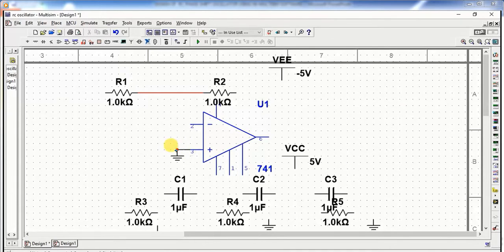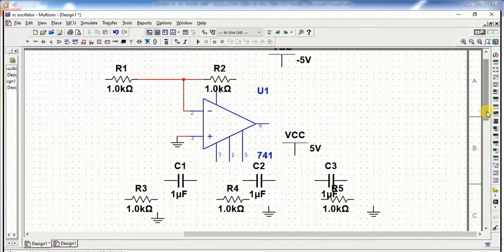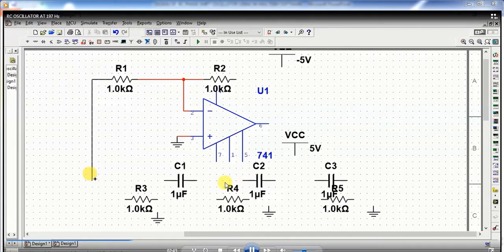Connect the non-inverting terminal to the ground like this, and connect the inverting terminal to this point. Here this R1 and RF are connected via the feedback circuitry. So here these are connected.